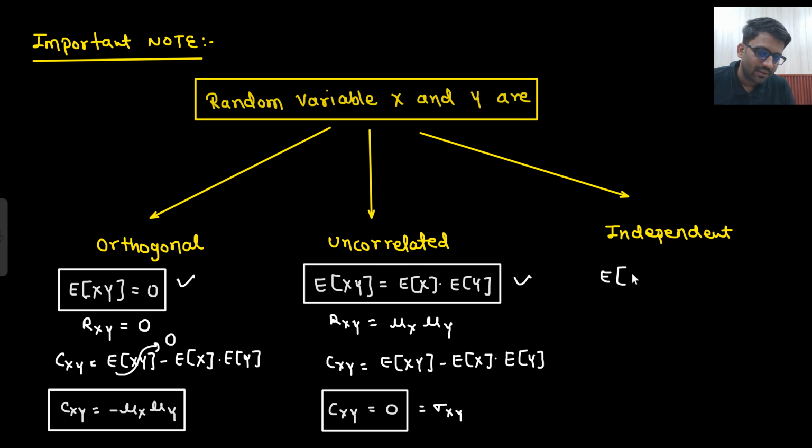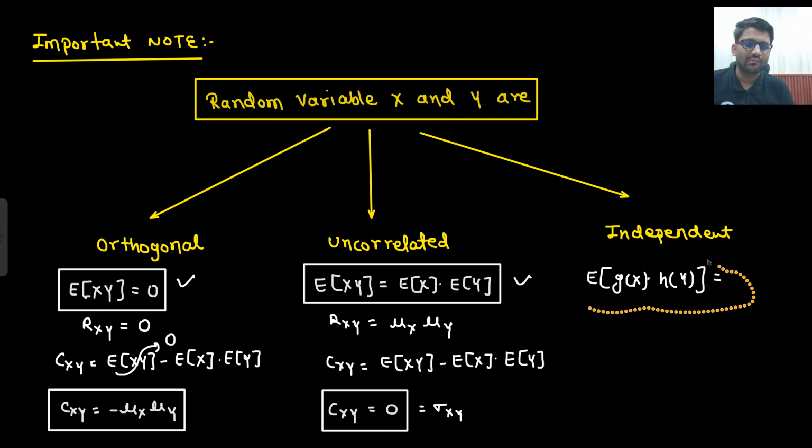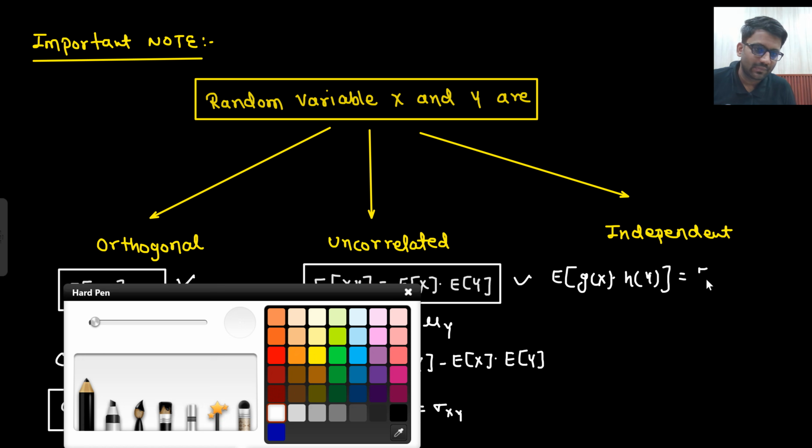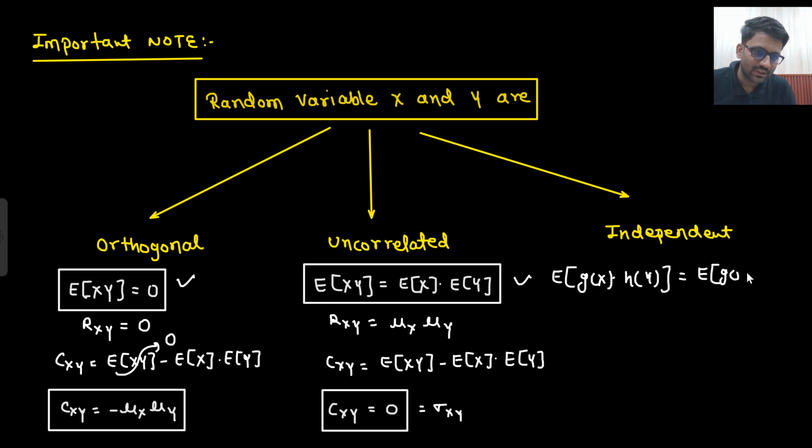So x and y are independent means any function of x and any function of y, and you take their expectation, that would be equivalent to expectation of g(X), any function of random variable x, dot expectation of